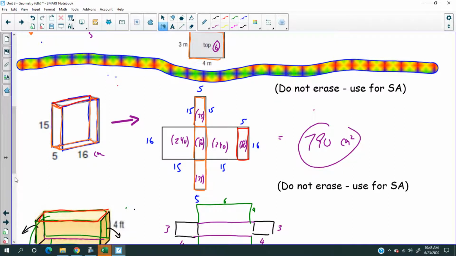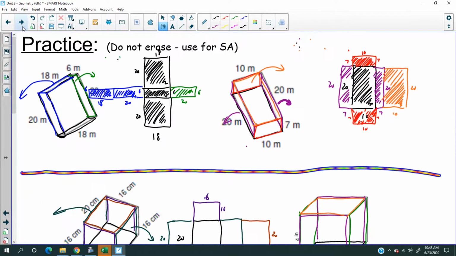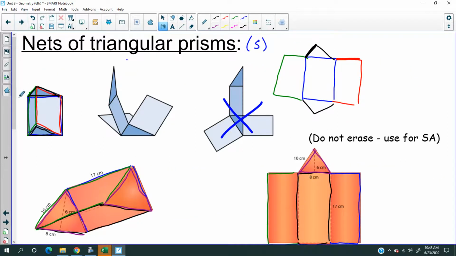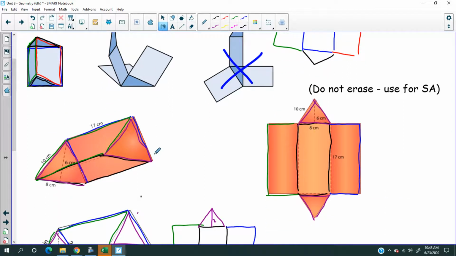Okay. Now let's switch gears because I don't suppose there's any need for us to keep going on with the rectangular prism. So let's go with triangular prism. Let's use this one. I like this example, the middle one. So here again, we went from this triangular prism to the net of the triangular prism. So now what we need to do is find the